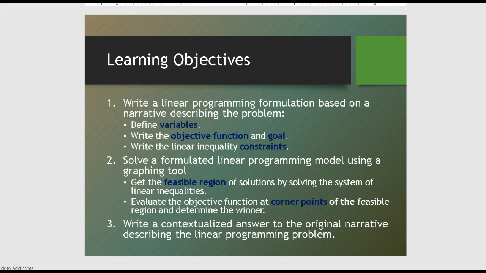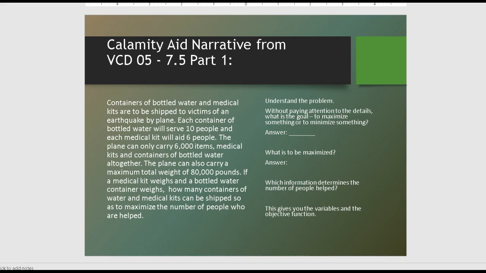And then we evaluate the objective function at the corner points of the feasible region and determine the winner based on the goal. And the last objective is to write a contextualized answer to the original narrative describing the linear programming problem. Recall the Calamity Aid narrative from the virtual class day number 5,